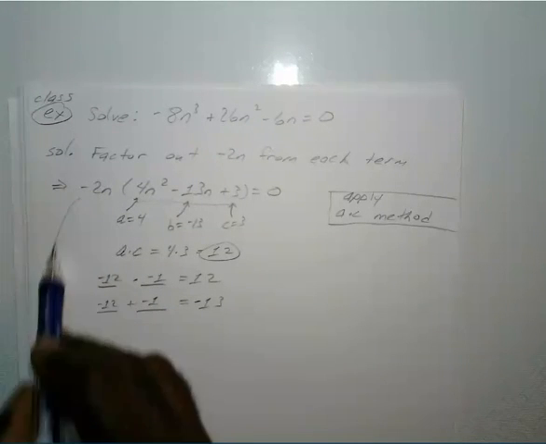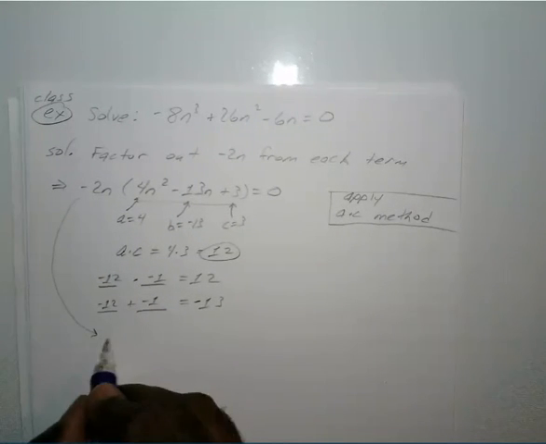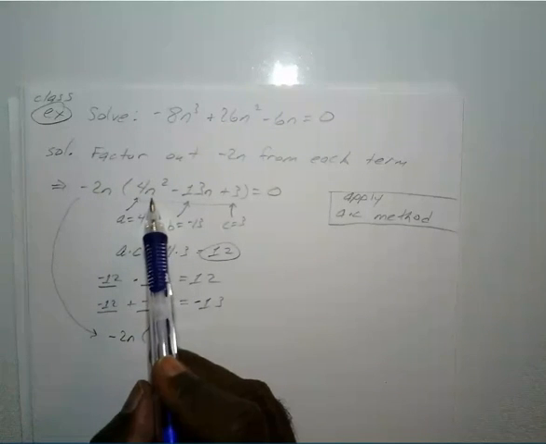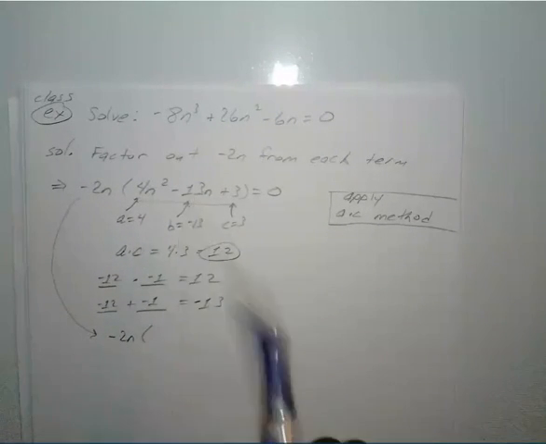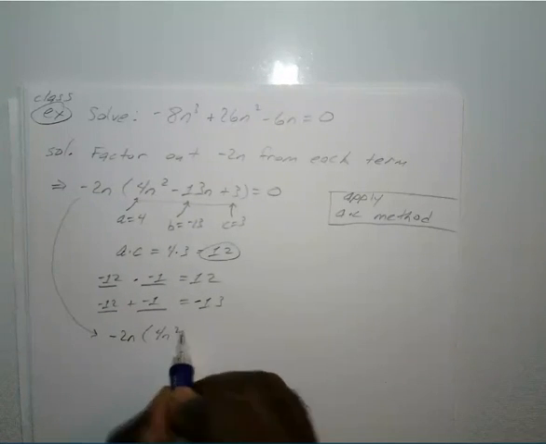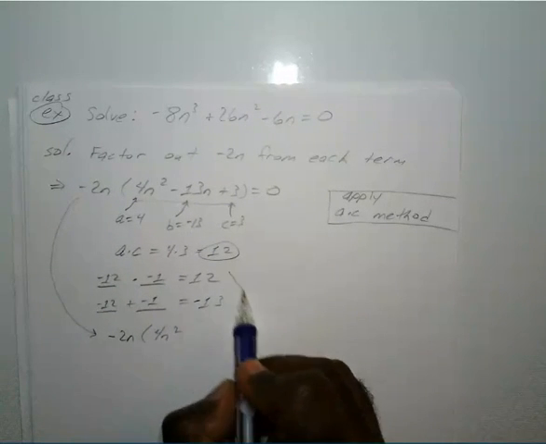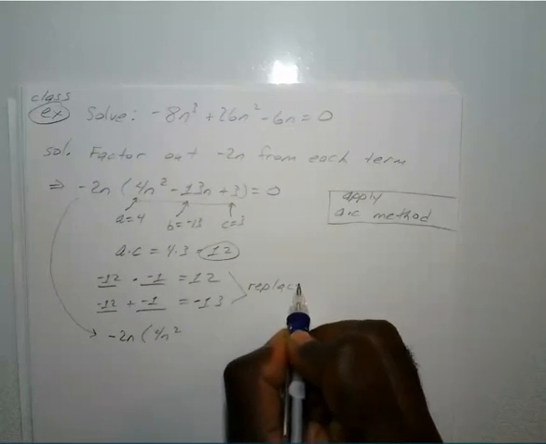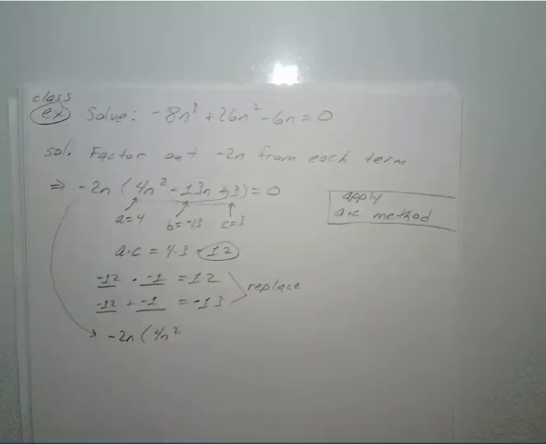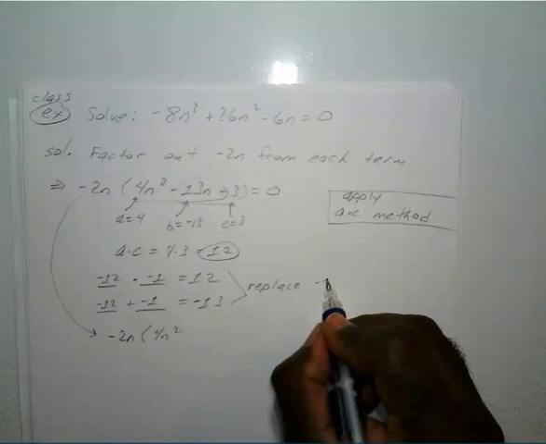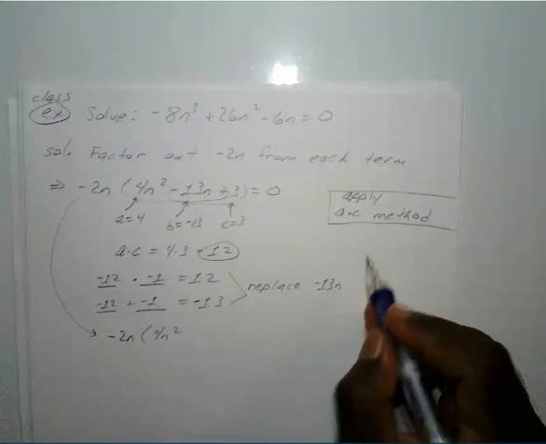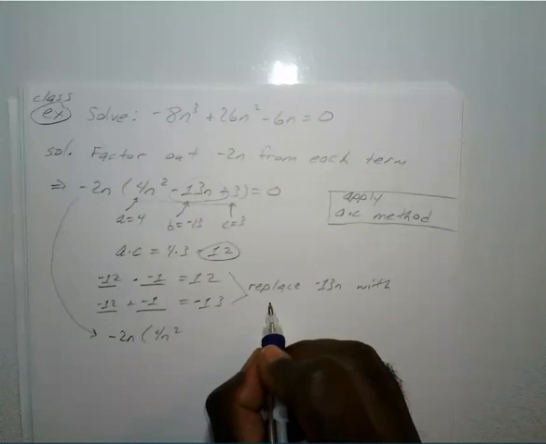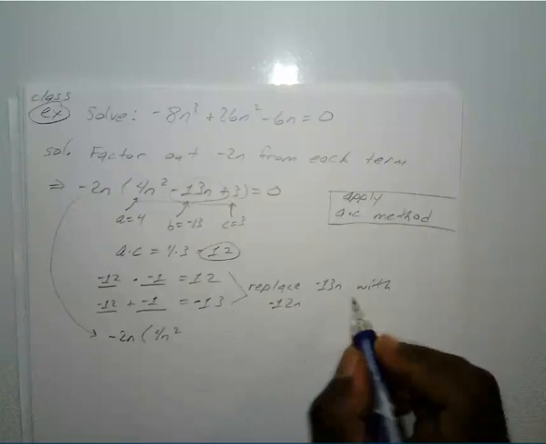Okay, so this equation becomes negative 2n times 4n squared. Because remember, with the A times C method, we now replace our B term, negative 13n, with negative 12n